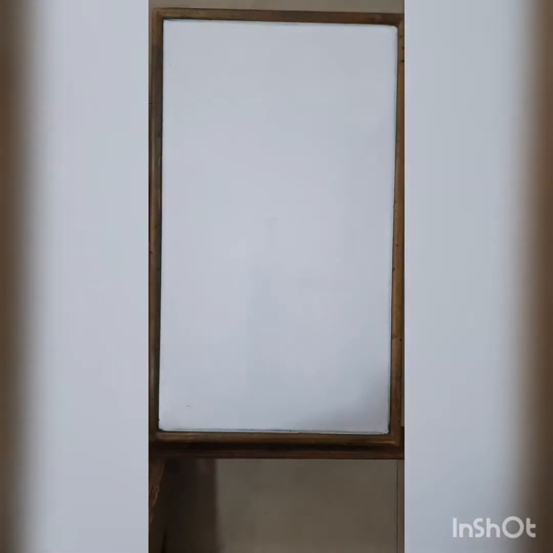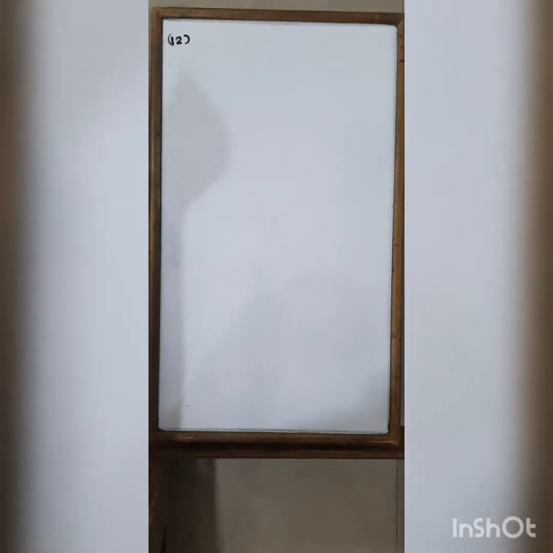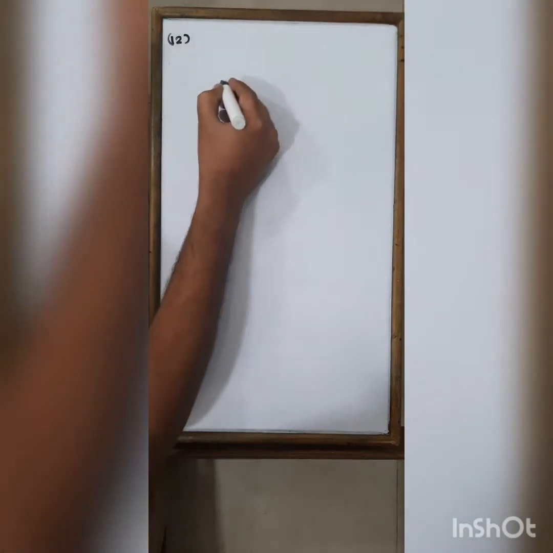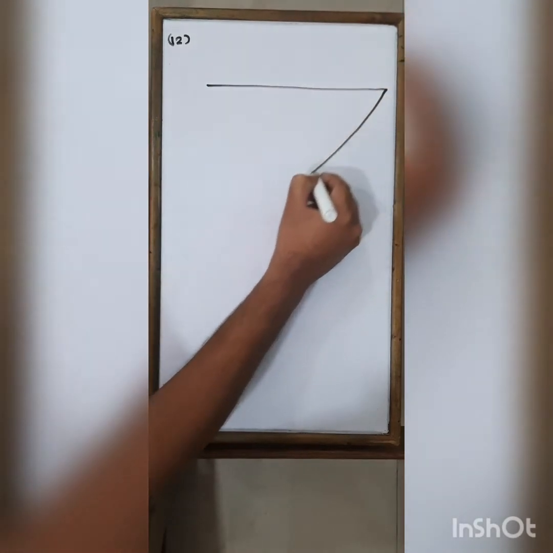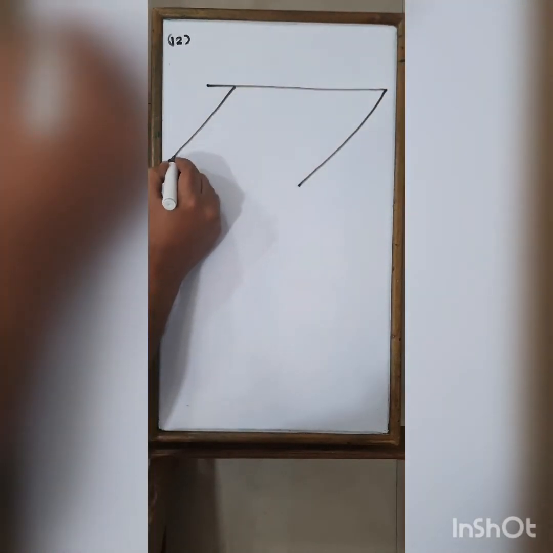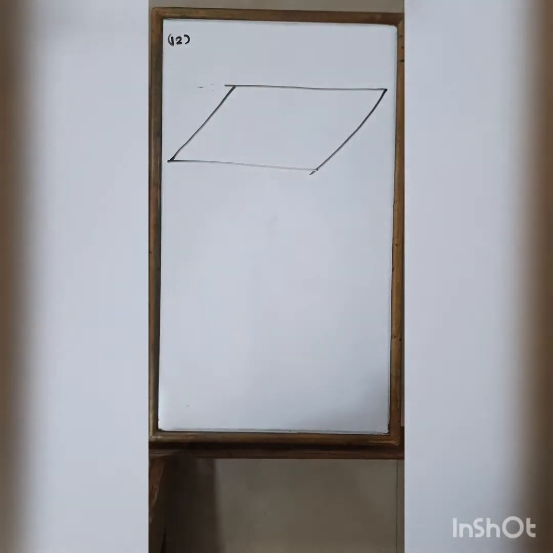Let us now look at sum number 12. It is an easy sum, but you have to remember, draw the diagram properly. So ABCD is a parallelogram. As soon as you get that it is a parallelogram, you should know opposite sides are equal. But when it comes to midpoint theorem sums, we will always take them as 2 times.